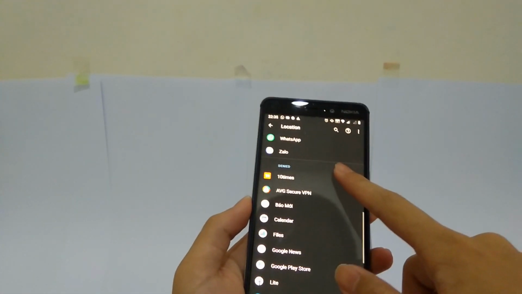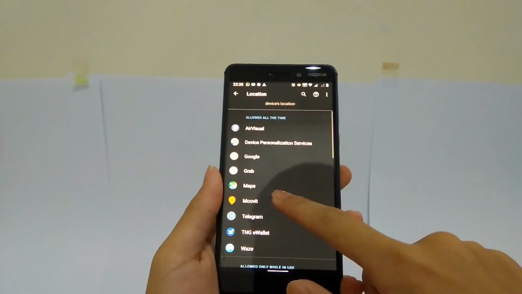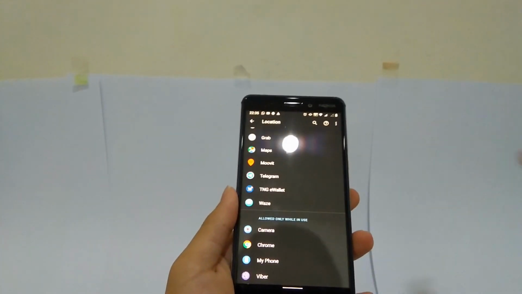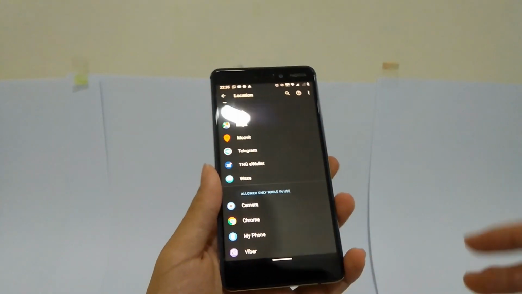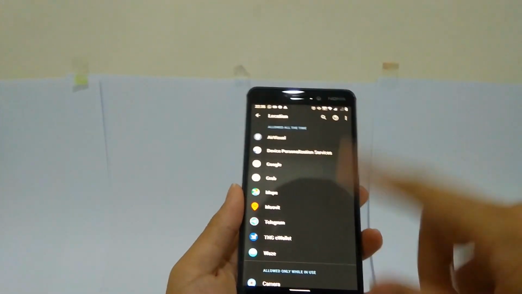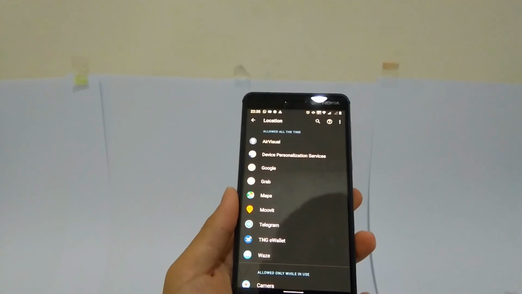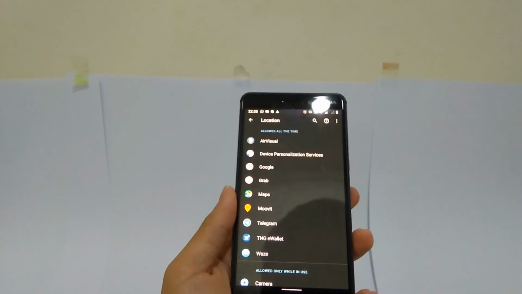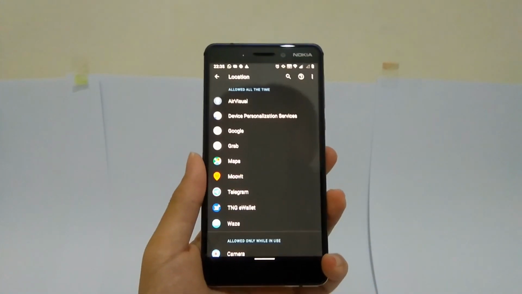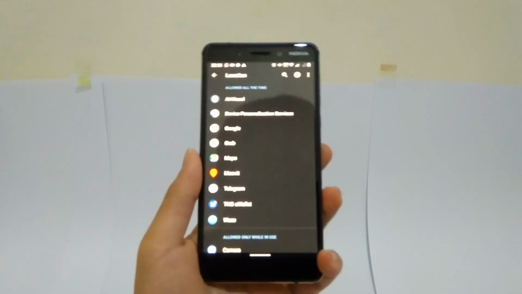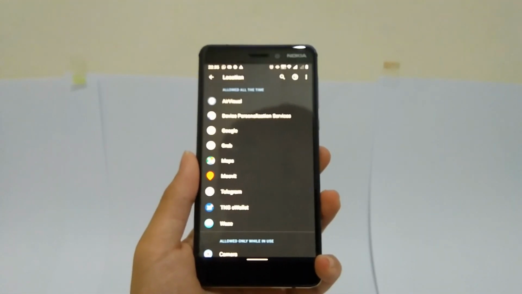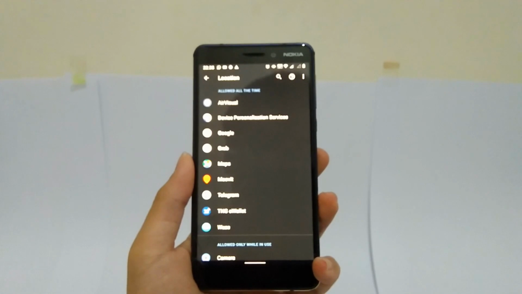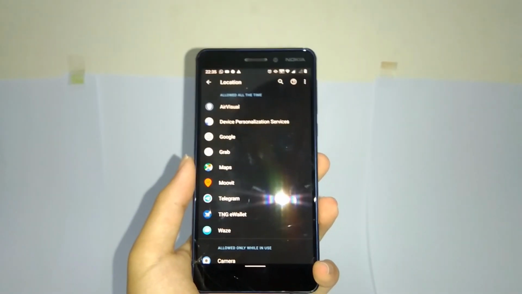As you can see, I have a variety of apps on this device, and some of them are allowed to access the location all the time. For example, Waze. If I'm navigating and exit out of the app, I still want it to tell me directions, even though it's in the background. So I leave that enabled. Some apps over here require it because they need to share the location. For example, in Telegram I have sent someone my current location, and they would expect to be able to track me while I have it shared. So I leave it on allowed all the time. For apps that I don't need to use location for all the time, I use